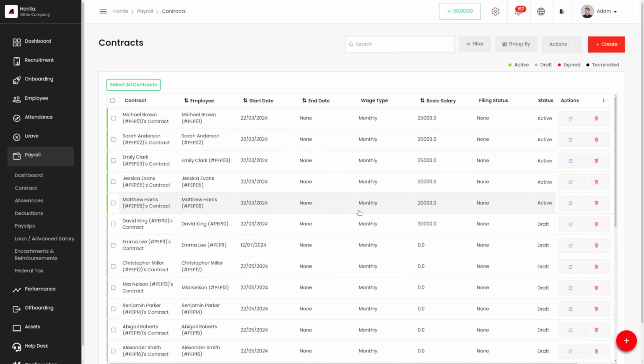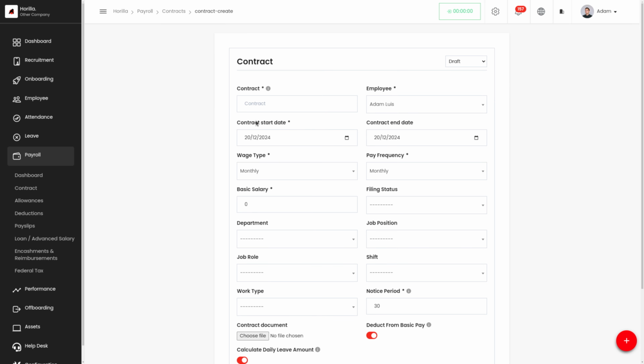Now let's see how we can create a new contract for an employee. For that, let's click on the create button, and we have to provide a contract name over here. Let's say we are creating a contract for Alexander Smith, and let's give the contract name as Alexander's contract. And here we have the employee. We have to select the employee for whom we are going to create the contract.